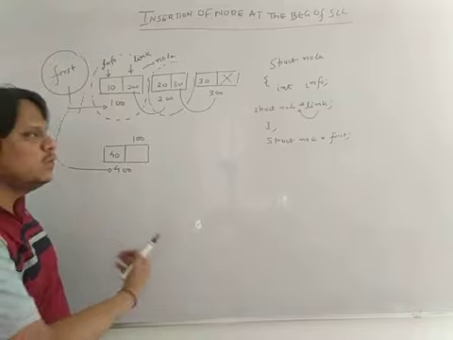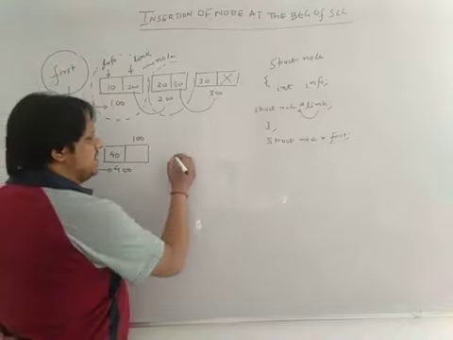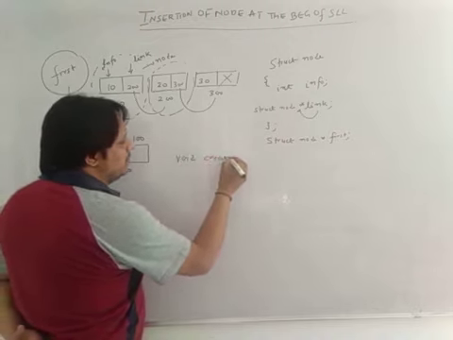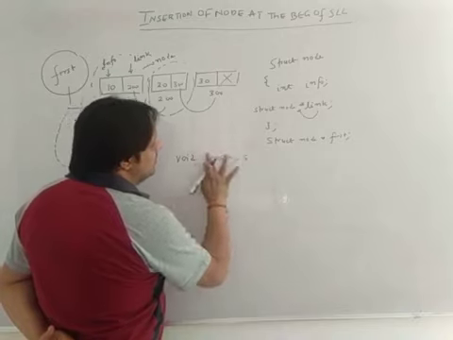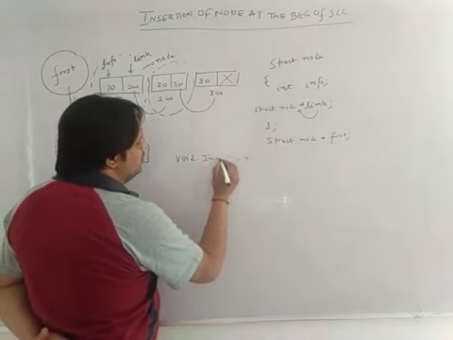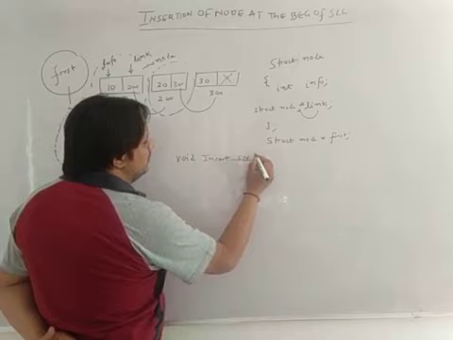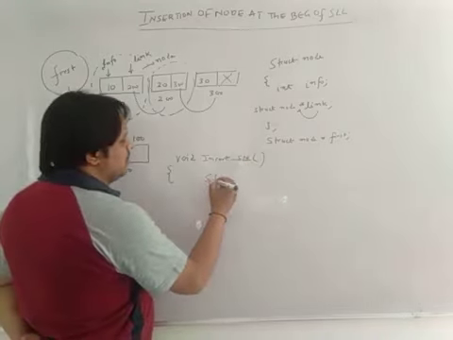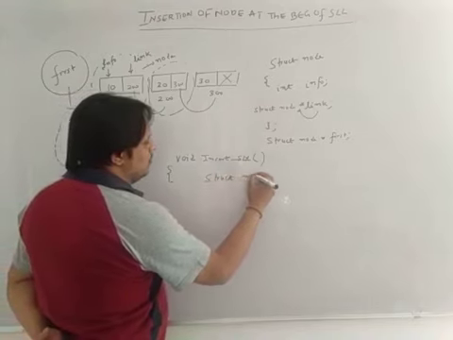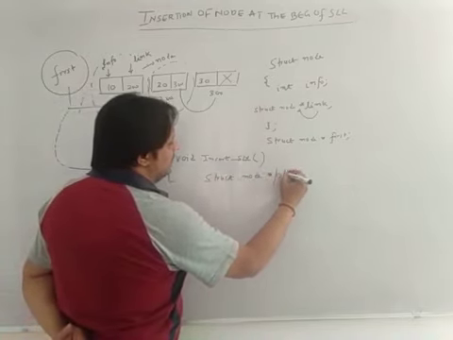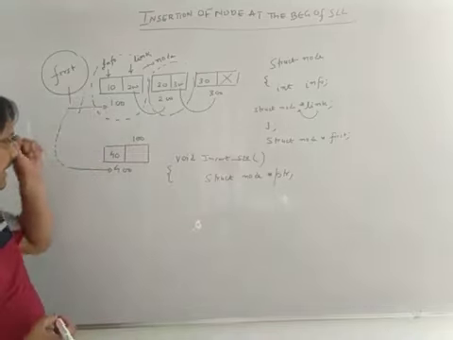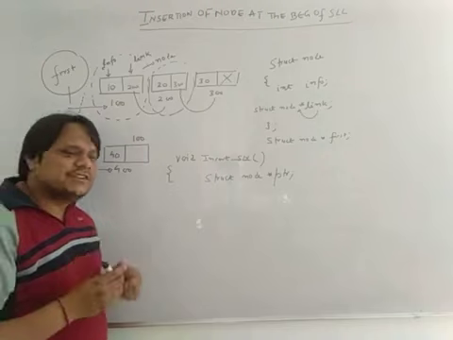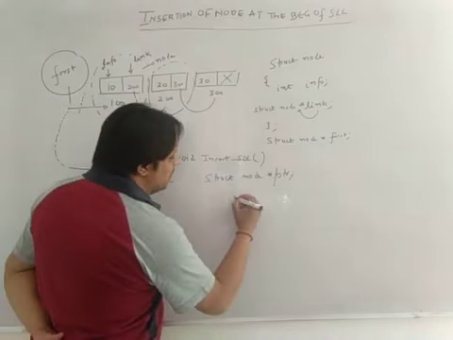So how do you write the code for this? We are writing a very simple function. Void, let's suppose create underscore single insert underscore single linked list. So what we are doing is inserting a new node in your linked list. I am taking a pointer, struct node star ptr. Now I will create a new node. So in order to create a new node, what do you require? You require a memory allocation function, which is malloc. So how do we use malloc here? We will write malloc.